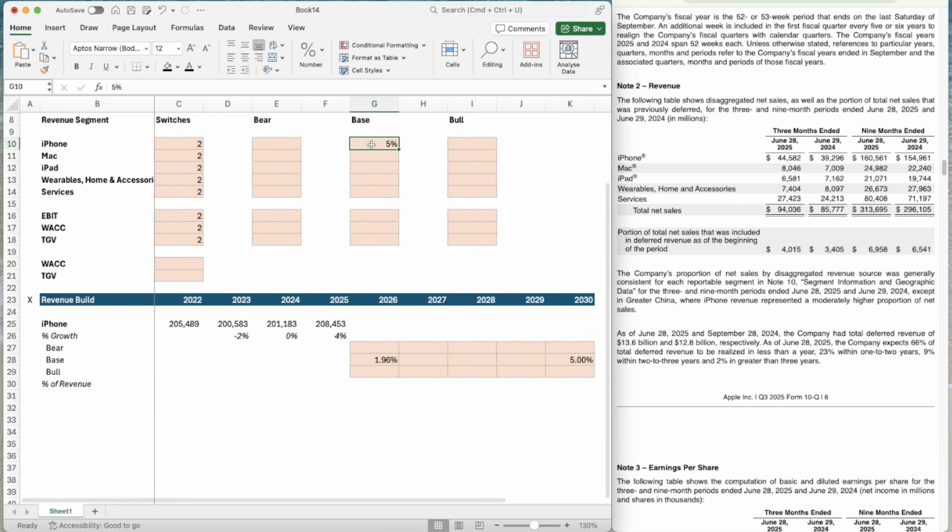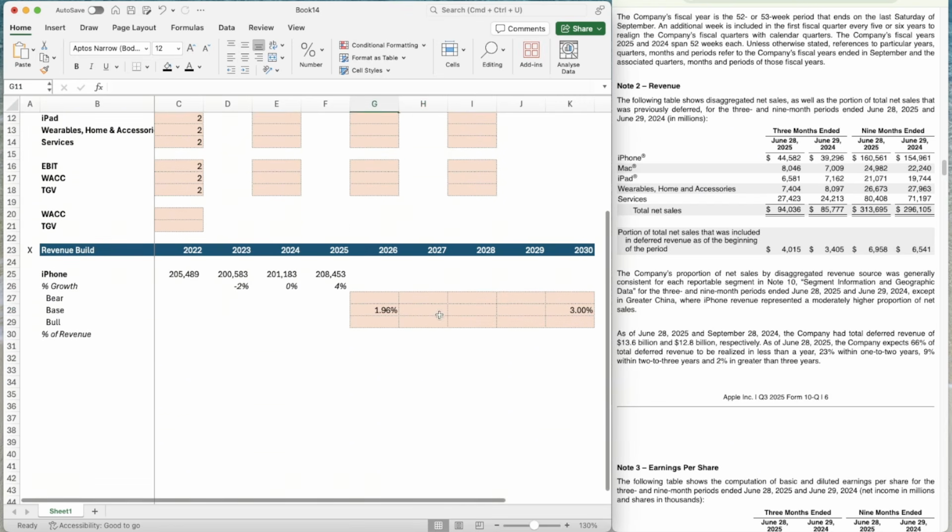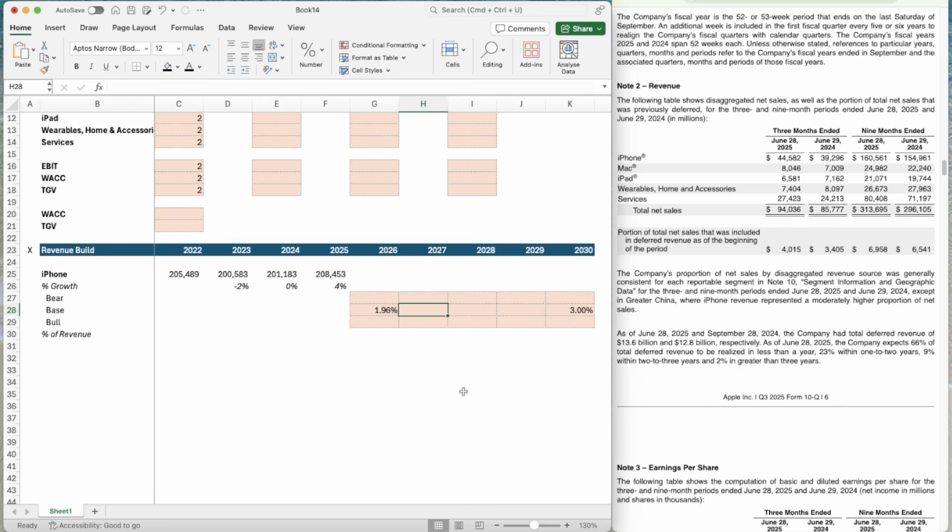Actually, let's put it as 3%. I don't think we can be overly ambitious, especially as the last few years haven't hit that. So let's go with 3%. We go in this cell equals. We take the previous year, we minus, open brackets, the previous year minus the final year, close brackets, divided by,